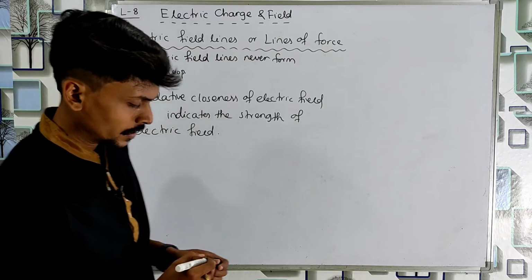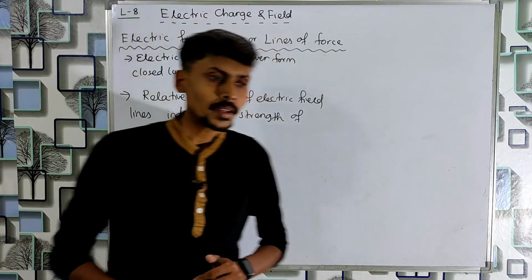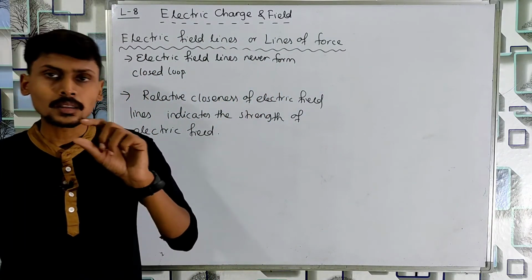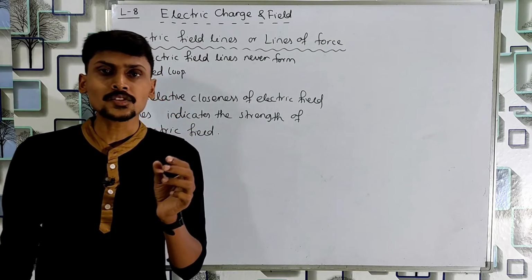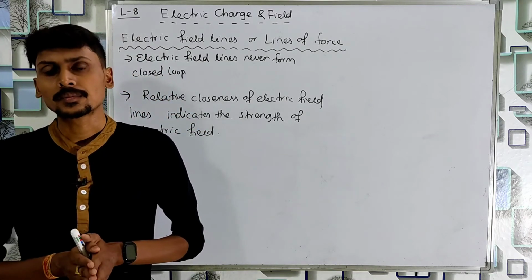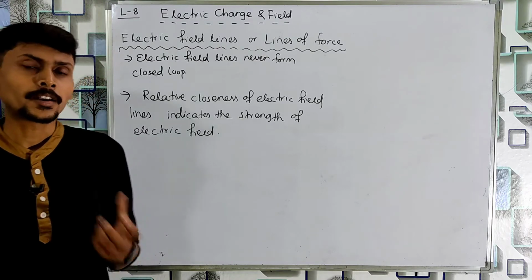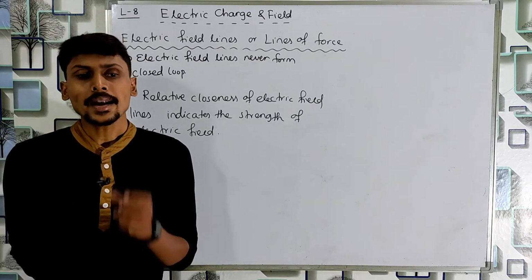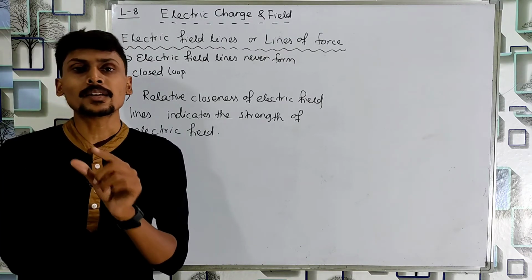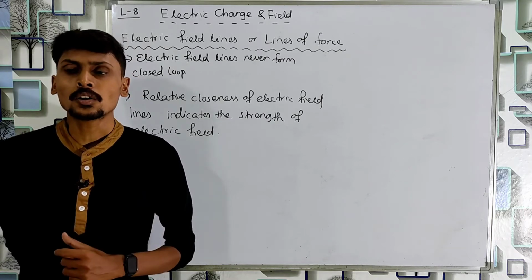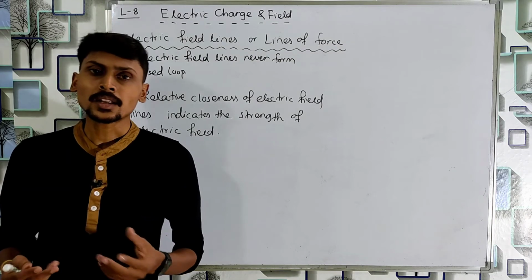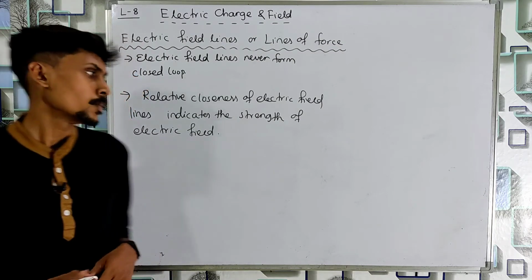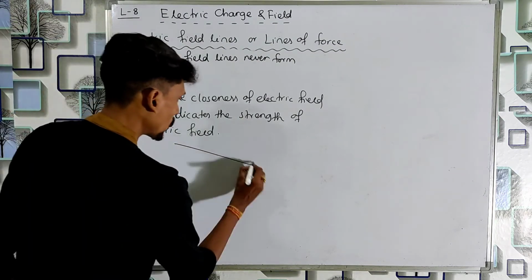That means the meaning of relative closeness is the gap between the electric field lines. If electric field lines are very close to each other, then in that region the electric field is very strong, and if the gap between the electric field lines is large, or the electric field lines are far apart from each other, then in that case the electric field will be weak. For example, when I draw a figure like this,